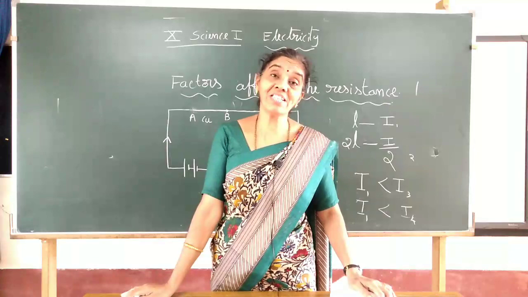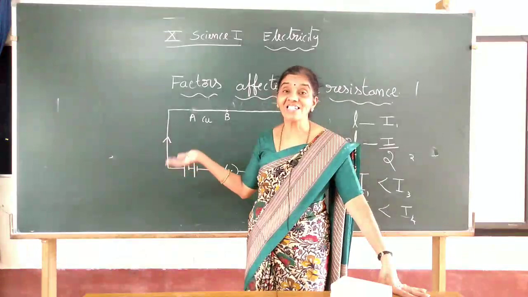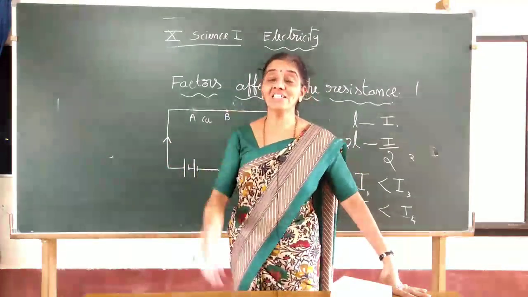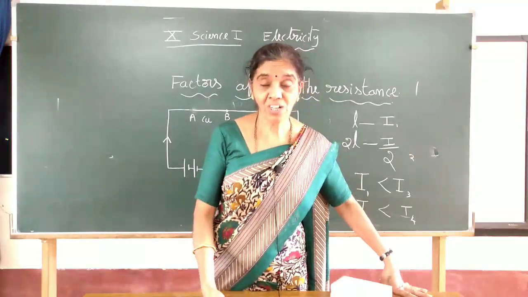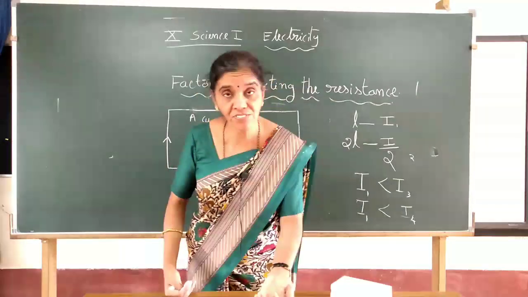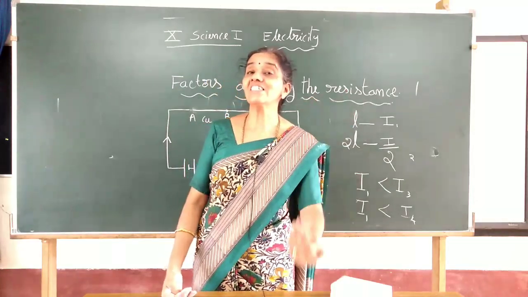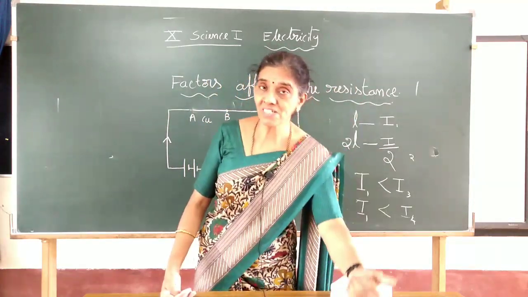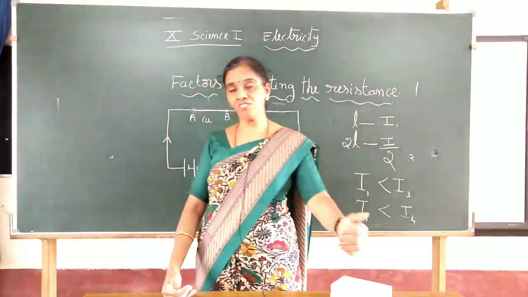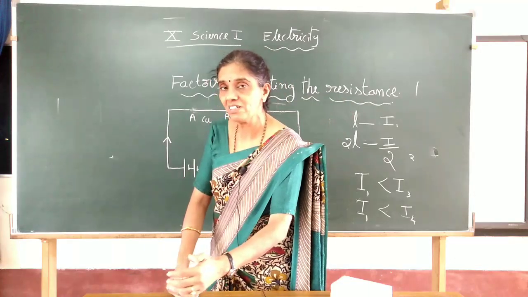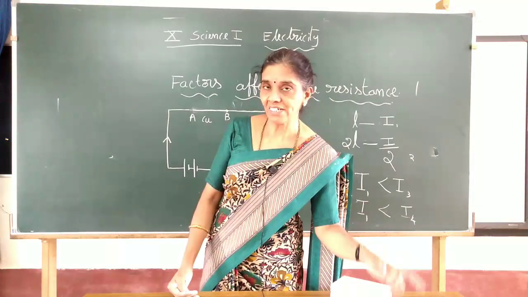Now what do we say about the resistance, how is it possible? Just by changing the wire's length, its resistance also changes, and by the resistance change we found the current also changed. Current is reduced when you increase the length of the wire. What does it mean? Current decreases means its inverse is increasing. So what will increase now? The factor which influences the current is nothing but the resistance of that material. So current decreases when you increase the length of the conducting wire.